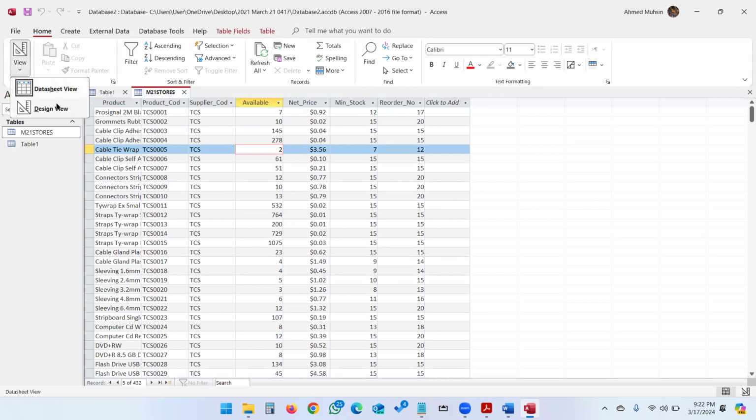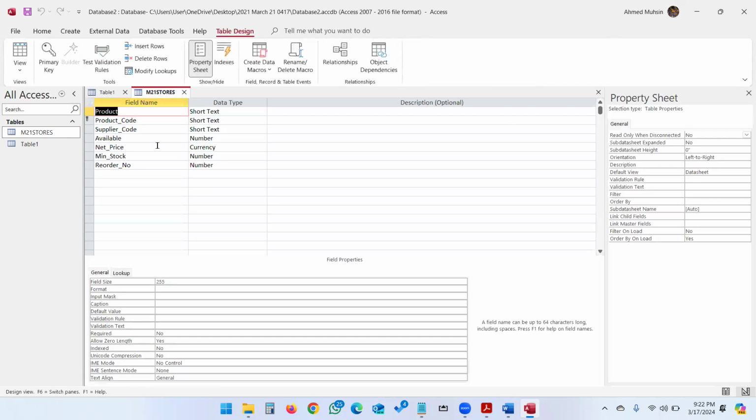You need to go into design view. So now you come into design view. Now you can see the primary key is there. The field names are there. The data types are there. Okay, so you can take a screenshot of this